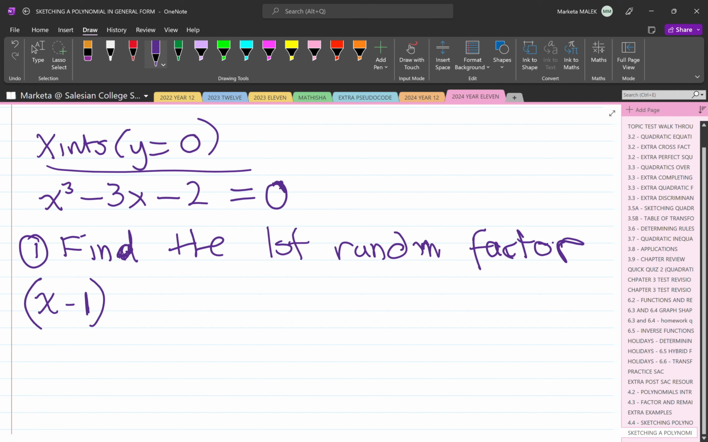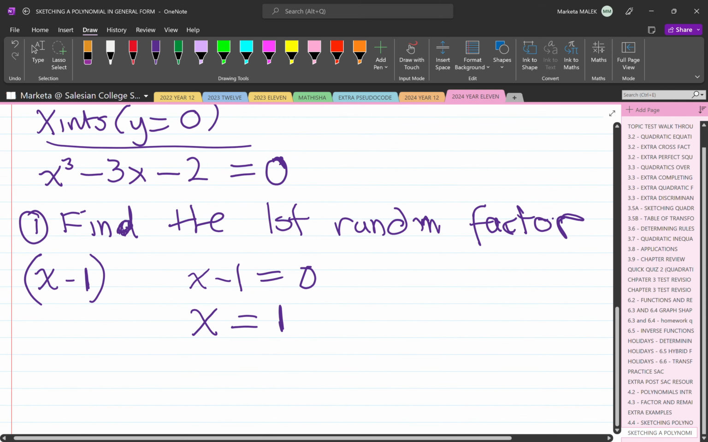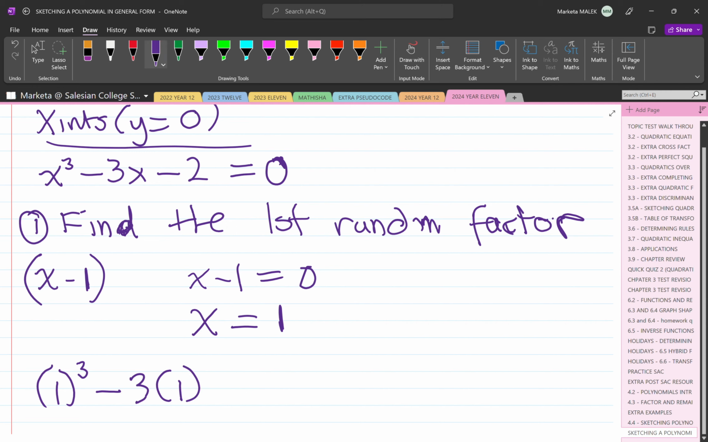So what do I say? x minus 1 equals 0. That means x equals positive 1. So I'm going to sub that in. Let's see if that equals 0. 1 cubed minus 3 times 1 minus 2. Let's see, 1 cubed is 1, 1 minus 3 is negative 2, and negative 2 minus 2 is negative 4. So that won't do, that's